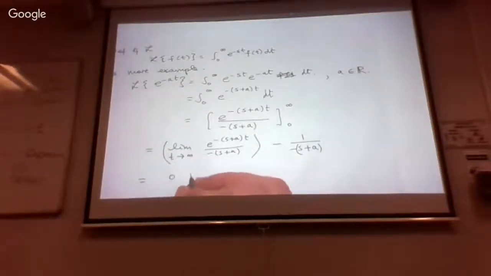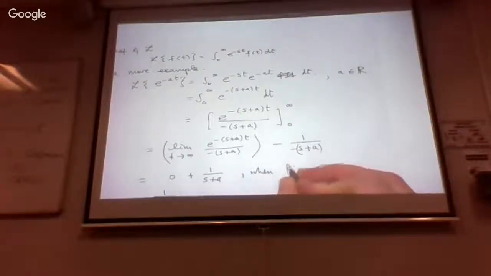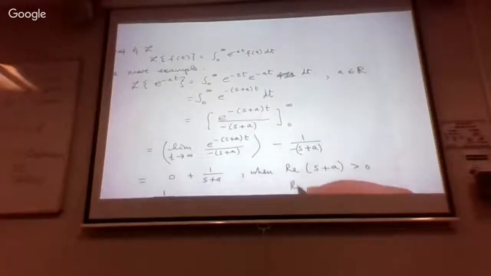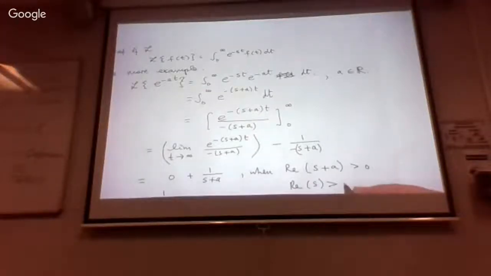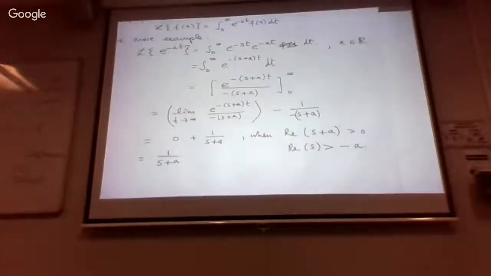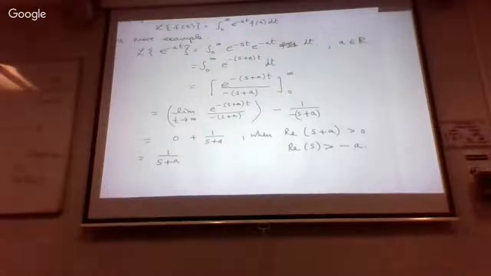So this is going to be equal to 0 plus 1 over s plus a, i.e. 1 over s plus a, when the real part of s plus a is bigger than 0. I.e. when the real part of s is bigger than minus a. Okay, s is a real number, so the real part of s plus a is just the real part of s plus a. So when that's bigger than 0, just put the a over the other side. So it gives a similar kind of condition. Just when the real part of s is bigger than minus a,